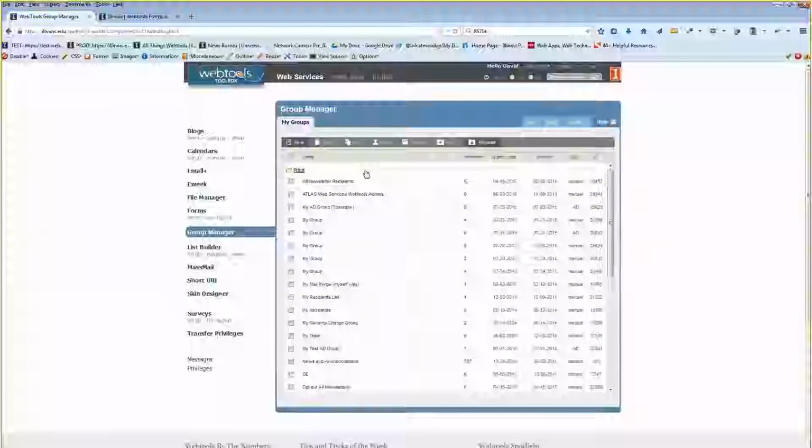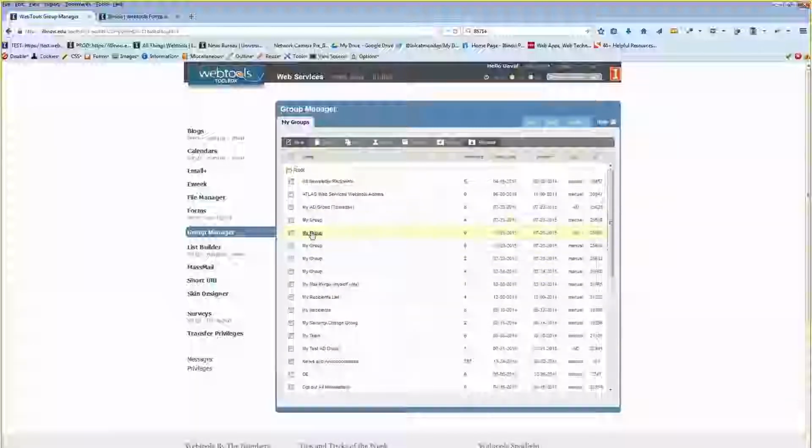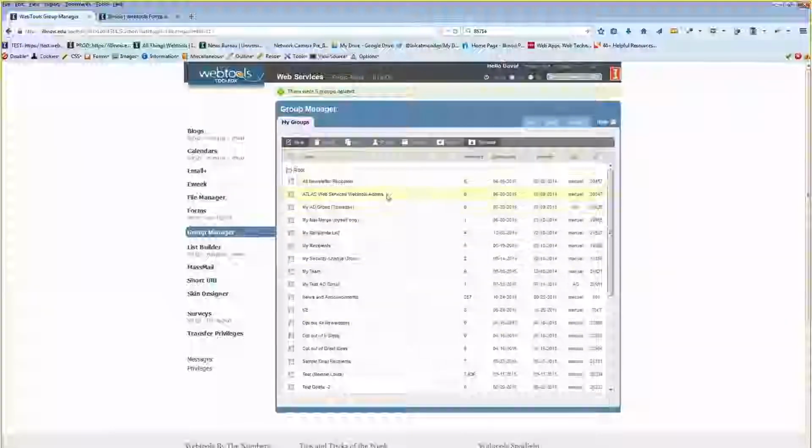So these are all my Webtools projects that are in the group manager. I have lots of them. So we're going to go ahead and create a new group today. I'm going to delete some of these just because I think those are old. I'm going to confuse the situation. Okay, choose new,